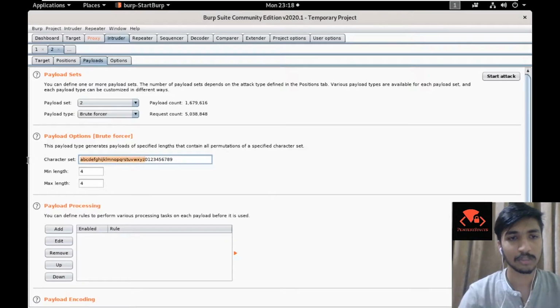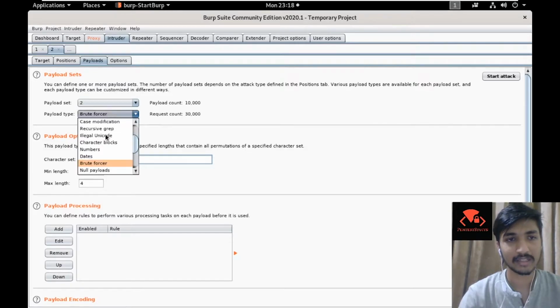For the OTP all we have is numbers. So it creates a request count and payload, so it automatically would be attacking the list. So this is how it works.